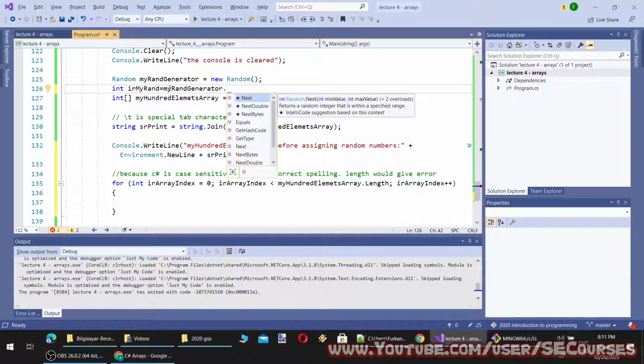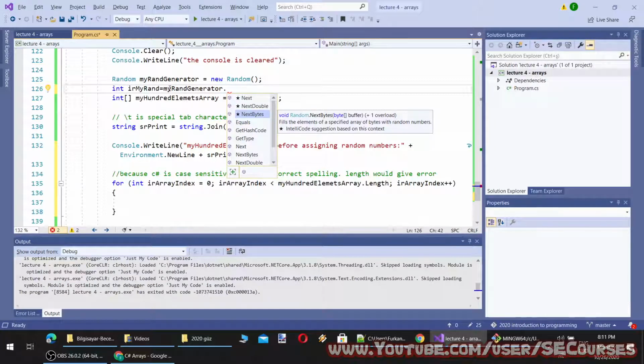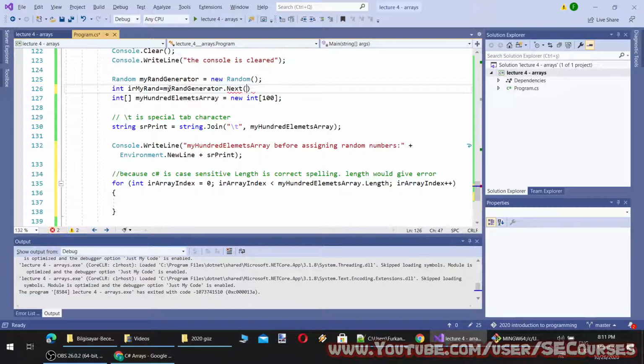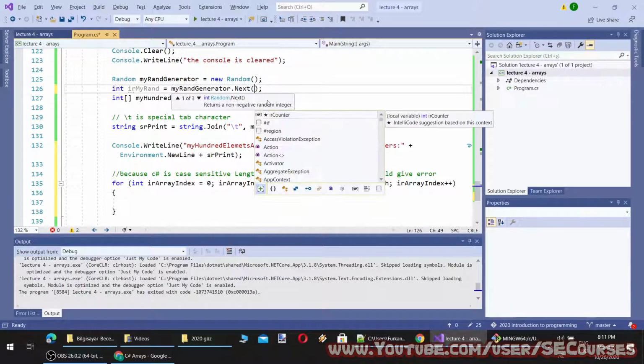You see, there are options Next, NextDouble and NextBytes. Each one generates different randoms. I'm going to use Next, and by default, it will generate a random number between 0 and 2 billion.